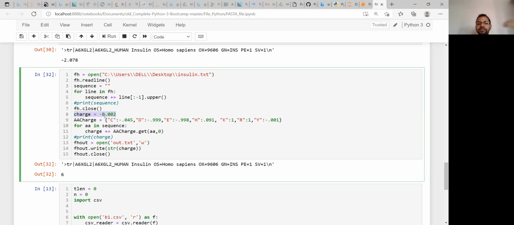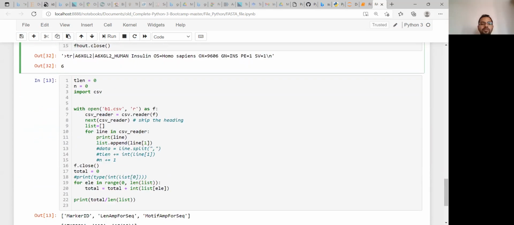That is the initial value, initial charge value already given, and with that other amino acid charges will be added up. That's all. If the charge given is 0, you just use 0, and with that 0 value it will be added. Okay. Is it clear? Yes, sir. It's clear.